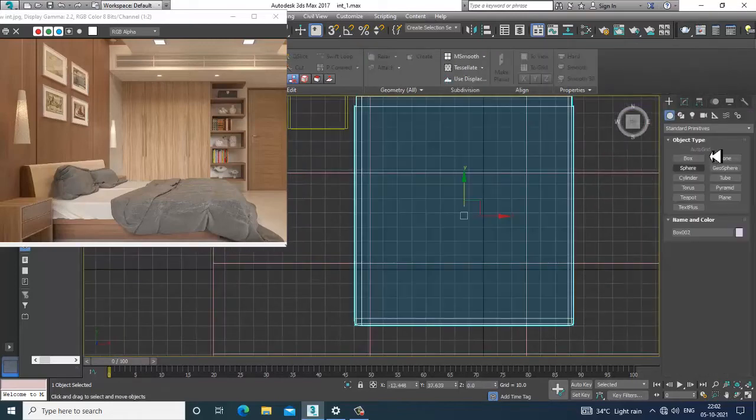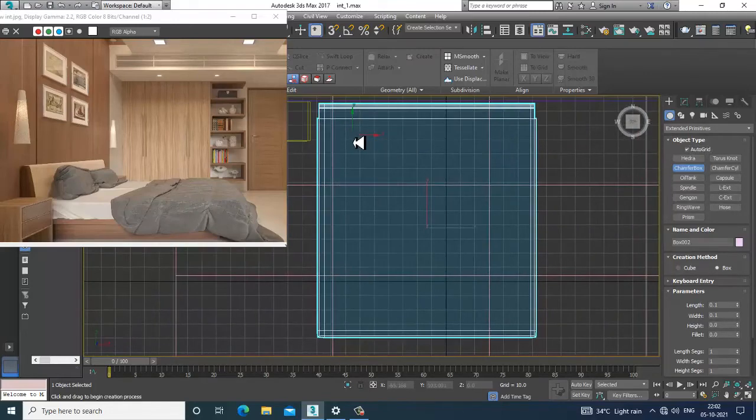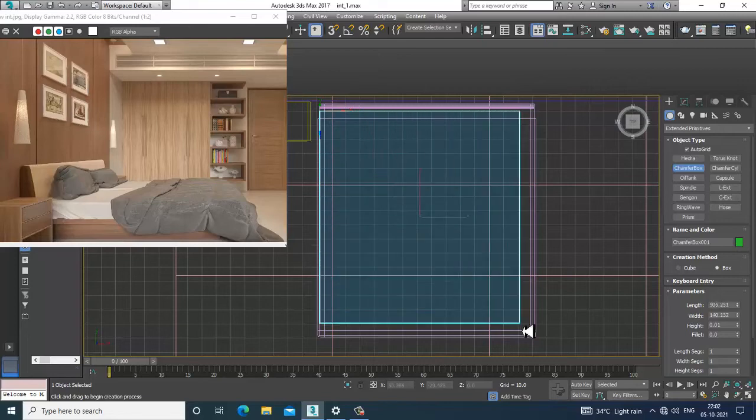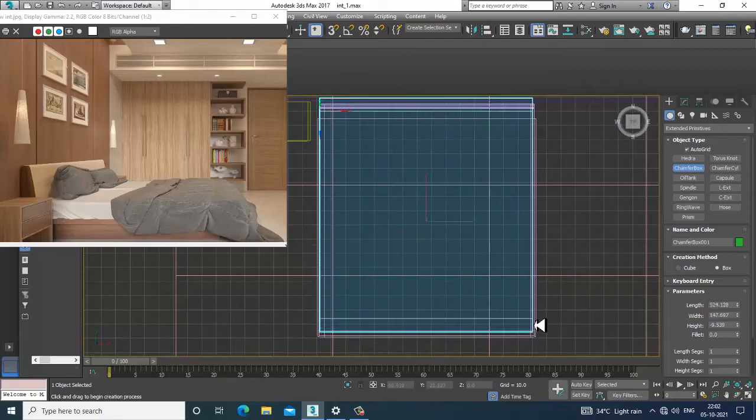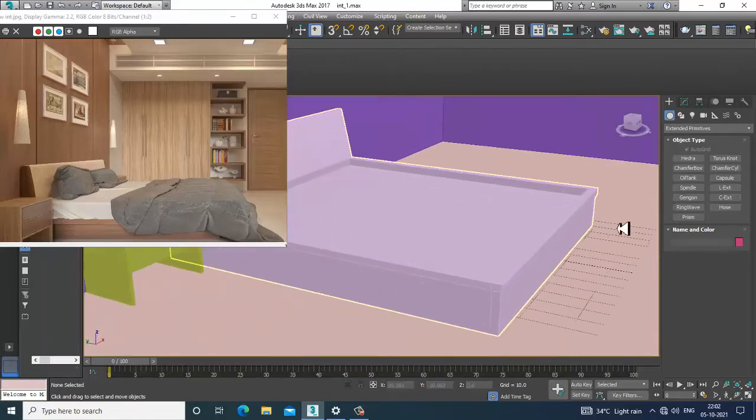Extended primitives, and I'll take a chamfer box over here. I'll activate the auto grid option over here. And let's create this. Okay, I think we'll turn this off. We'll turn off the chamfer box.